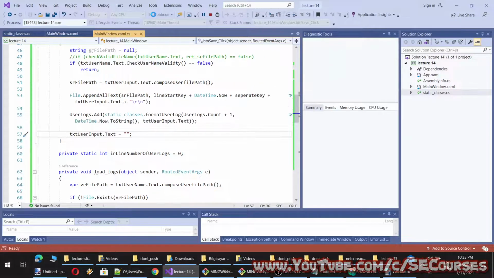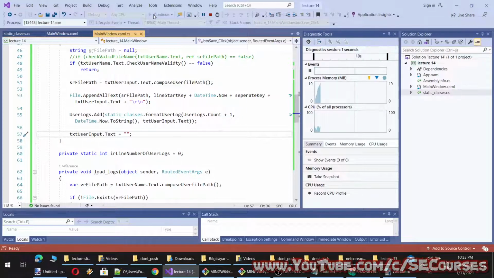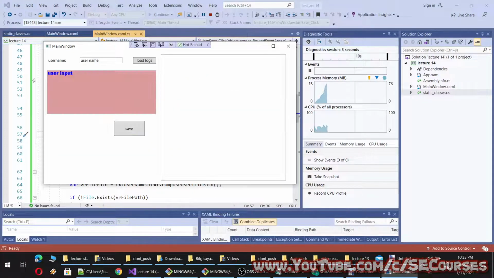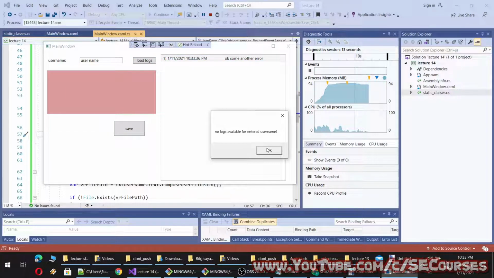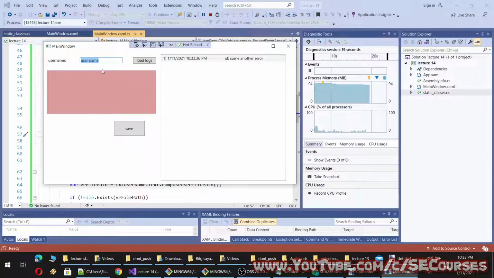Okay, another error. Let's save it. Okay, it is saved. And when I click load, it says no logs available because this is saved for username as username.